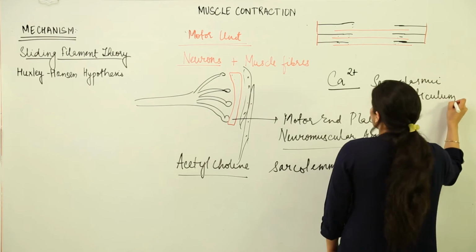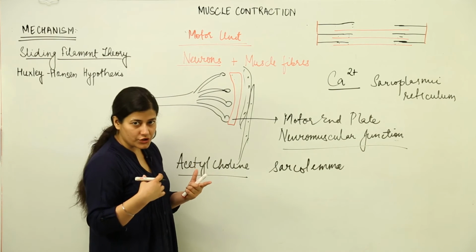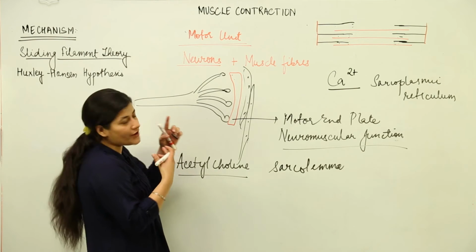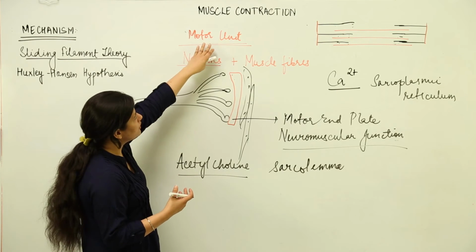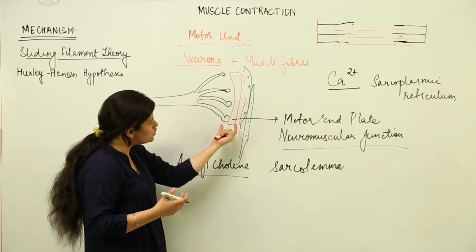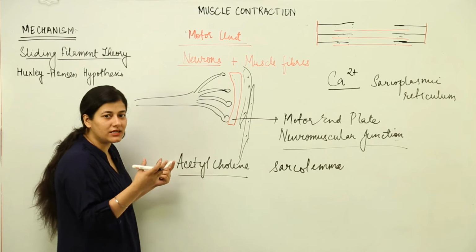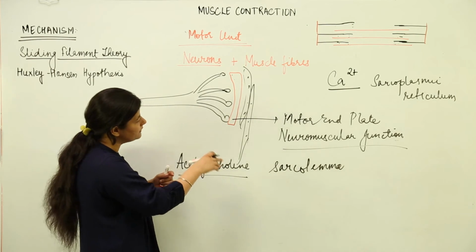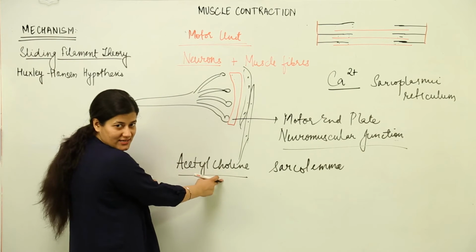Now see again, I am repeating it, how it happens. A signal from the brain is sent through motor neurons to our muscles that a contraction has to be brought about. That contraction would be brought about when the motor neurons come to the motor unit where the neurons are in contact with muscle fibers through a small motor end plate. At the motor end plate, the neuron which brings the signal has to give the signal to the muscle that it has to undergo contraction. For that, it gives the signal in the form of release of a neurotransmitter, that is acetylcholine.